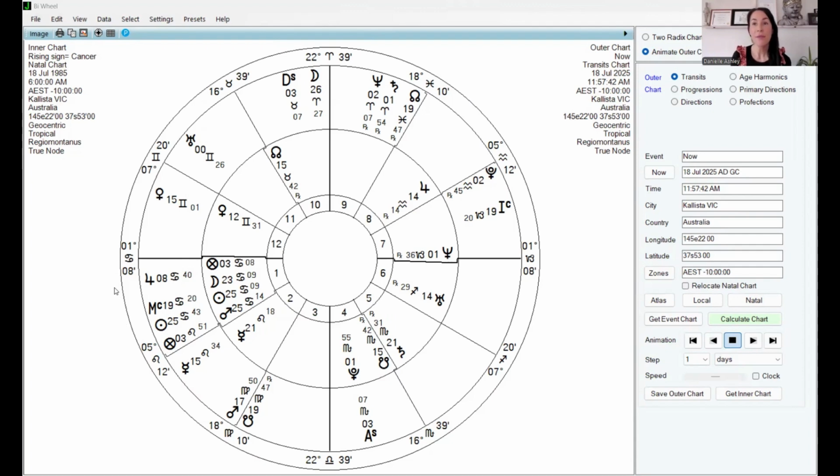So the first house is a very personal house. It's connected to your life path. It's connected to your physical health and vitality, your physical body, what it is that really lights you up in this life. So it's very personal. And having Jupiter there in the sign of its exaltation, which means that Jupiter is very strong and powerful there. So see how we're looking at the individual planet and what that planet means, and we're infusing it with the meaning of the house. So this person might experience